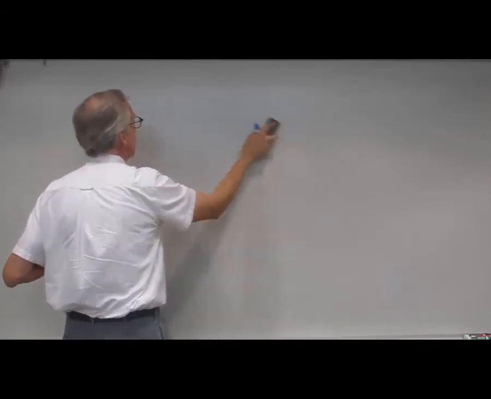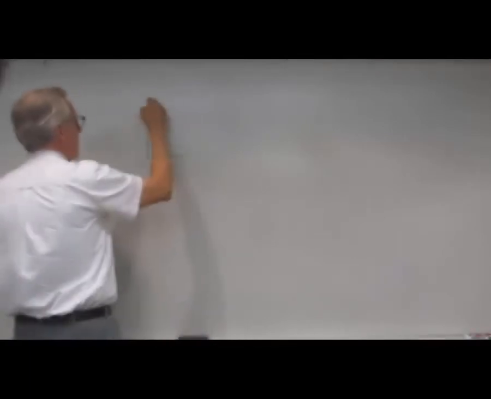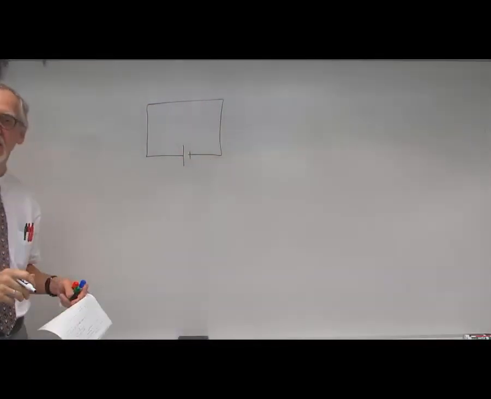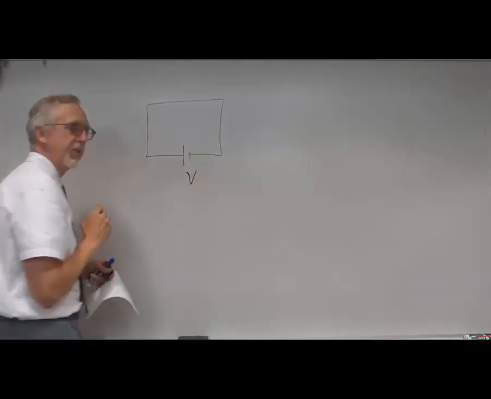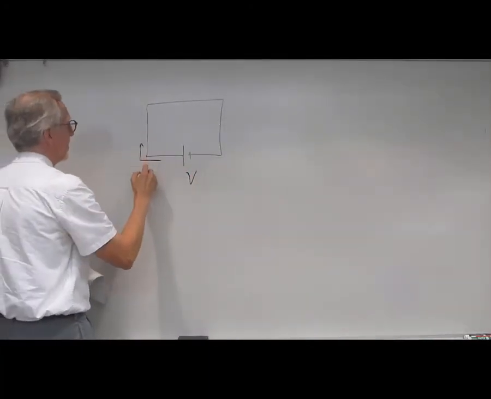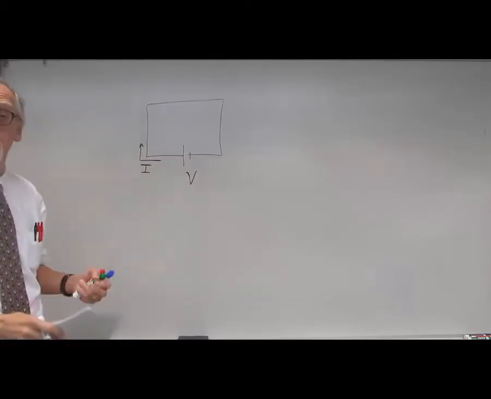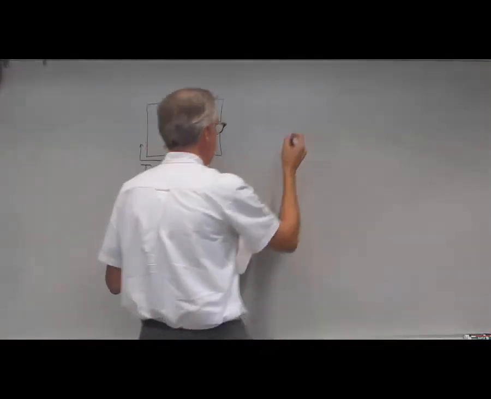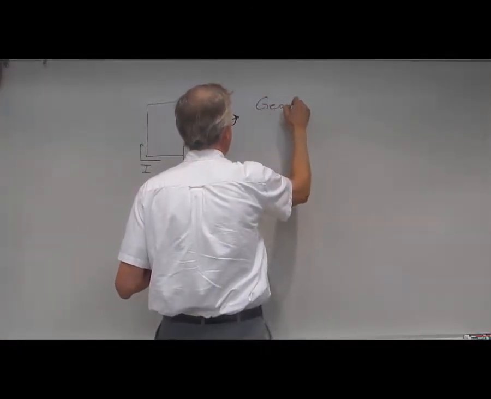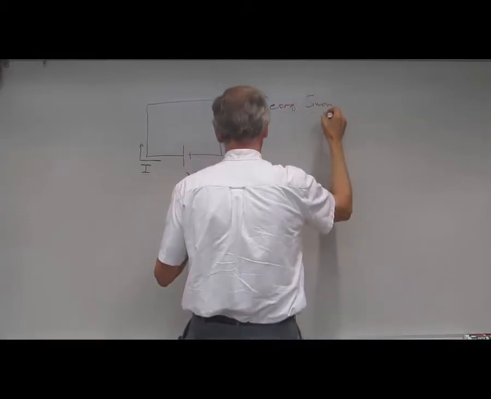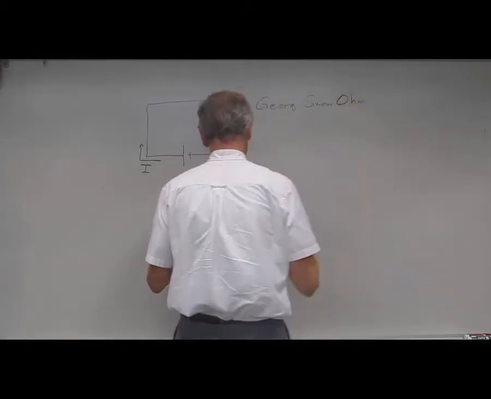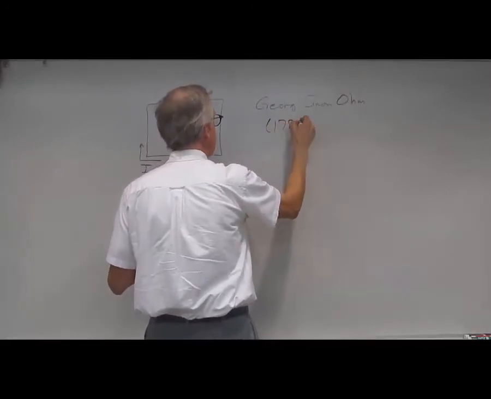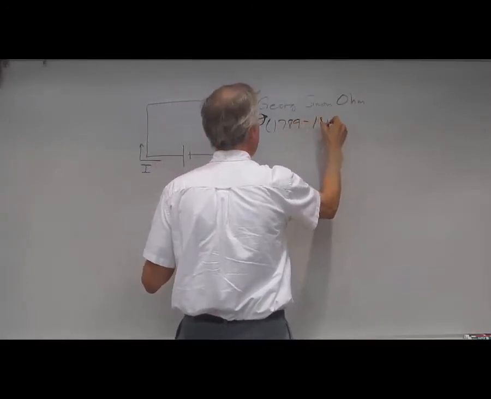Okay, so back to DC circuits just for the moment. Let's imagine that we have, again, a voltage source in some kind of circuit, so connected in some circuit. We have some applied voltage V. We have a current I. Now, the work of a physicist who was working on these circuits by the name of George Simon Ohm, who lived from 1789 to 1854,